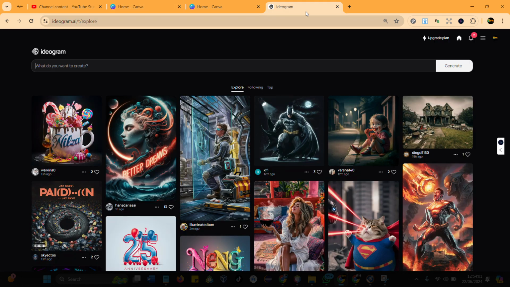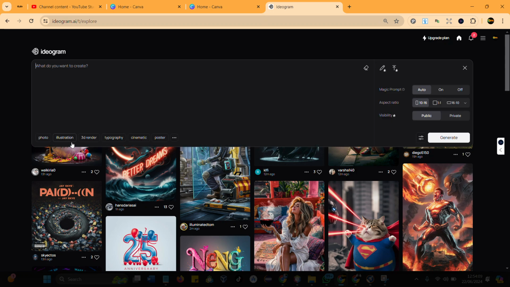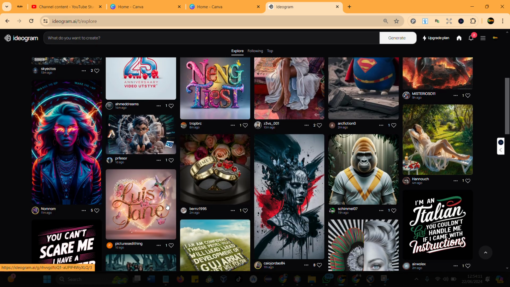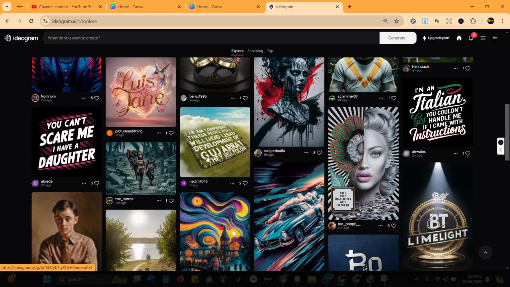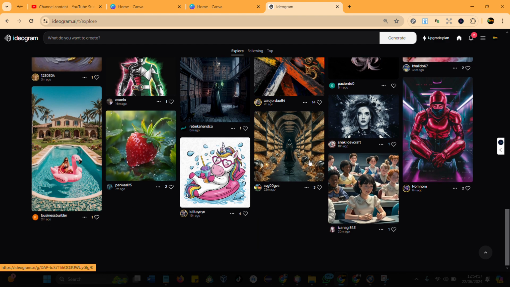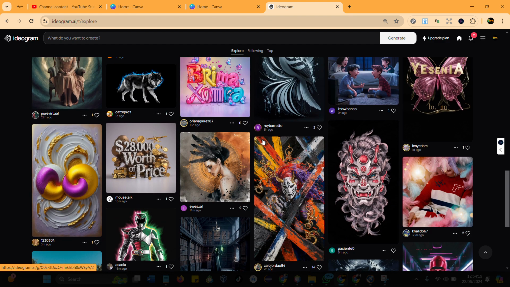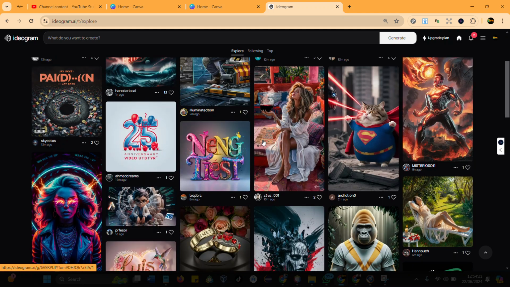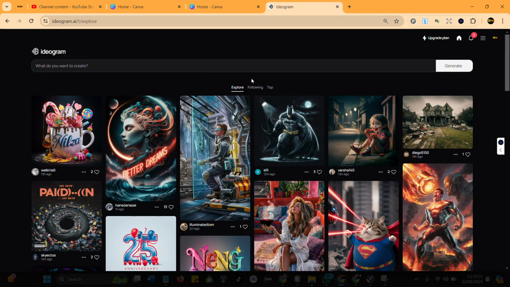Ideogram AI. Where is it? All right. So here it is. So I'm in now. I've used my Google account to log in. So you can see what other persons are using prompts to design. So you can scroll through, possibly you get inspiration and then see prompts that people are using and all of that. But in case you don't see, so that I don't end up making this video too lengthy,